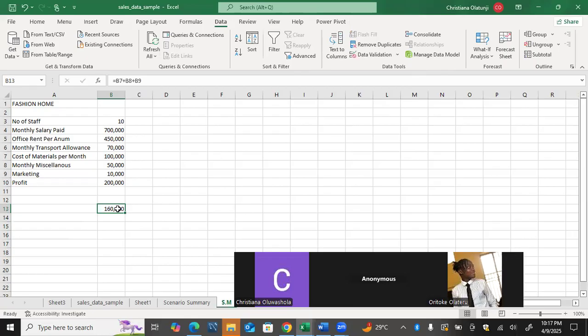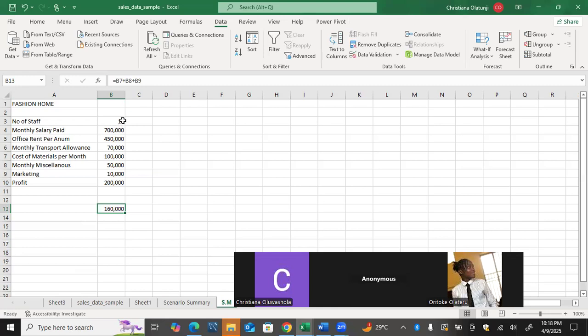I only want to derive this from that was scenario manager. And I want to see how much I am likely to make in the next coming months. I want to see for the second month, for the third month, for the fourth month, fifth month, sixth month, like that, while changing maybe my salary or the number of staff. Now,